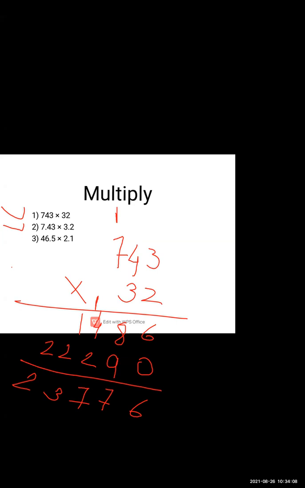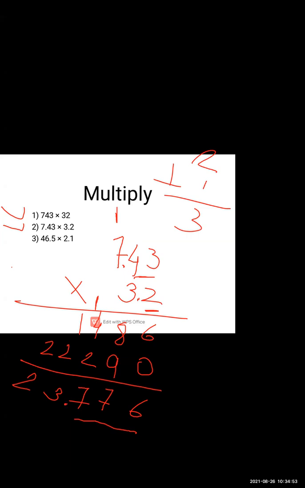How will you give it? See here. After two numbers, here is a point. After 2, here is a point. So now after 2 numbers we have to give a decimal point, or after 1 number we have to give a decimal point. That is a confusion. So now what we have to do, we have to count the whole numbers. That is, after 1 number here is a decimal point, and after 2 numbers here is a decimal point. It means it includes 3. 2 plus 1 equals 3. So it means we have to give a decimal point after 3 numbers. That is 1, 2, 3. So after 3, you have to give a decimal point, and that is before 7.